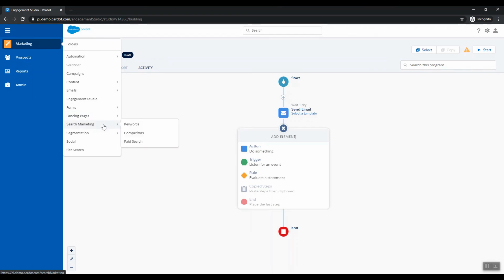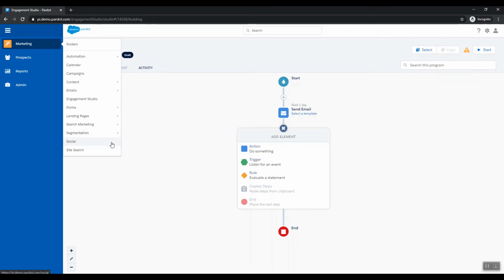There's search marketing. This is similar to Google Console, so I don't have to tell you much on this. It has similar things that a Google Console has. The segmentation, so this segmentation rule, it runs only once. So you can run this once and then add it to the list, and then add tags, and then update your profile. So it happens like that.